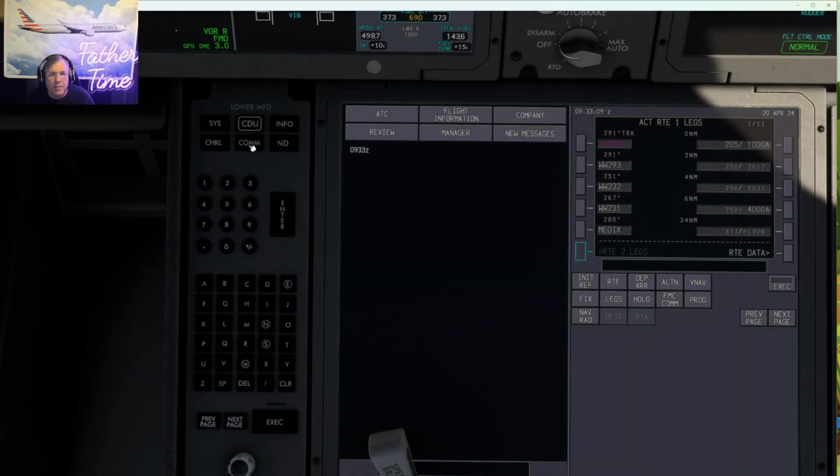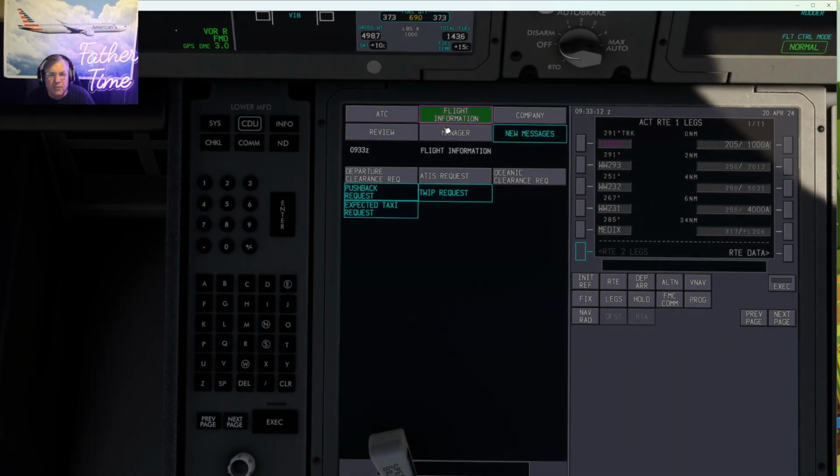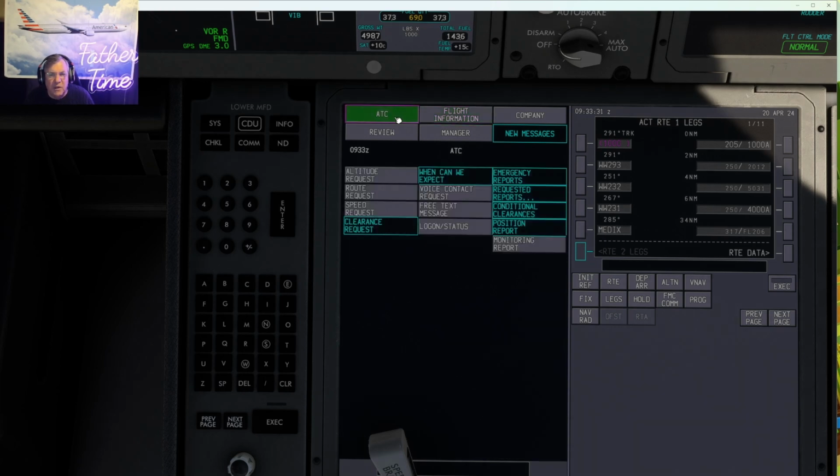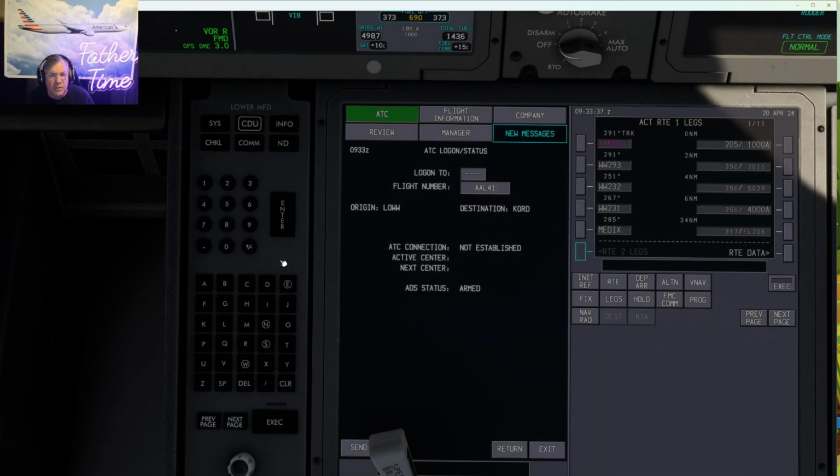So, let me see here. Com. Go flight information. Try ATIS request. Let's try that. LOWW, just for fun. Not sure that's going to work. Send that. Flight information, you can see that ATC altitude request. You can communicate if we get on CPDLC. Log on status. I'm not sure what it is. We'll try LOWW. Might be LOVV. Send. See if that does. LOVV is the